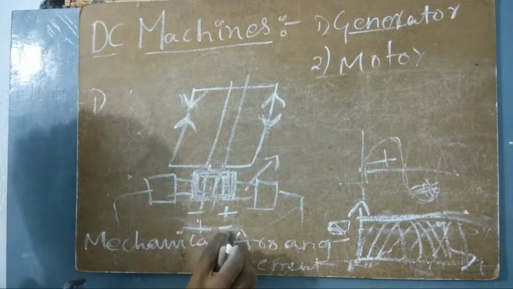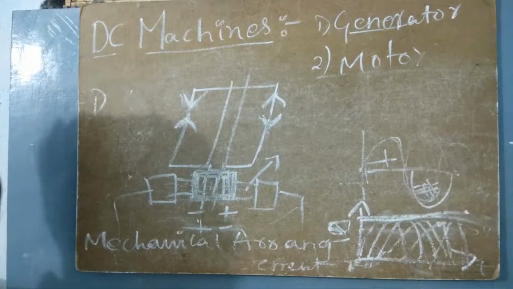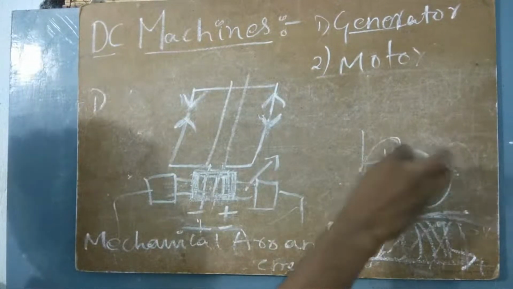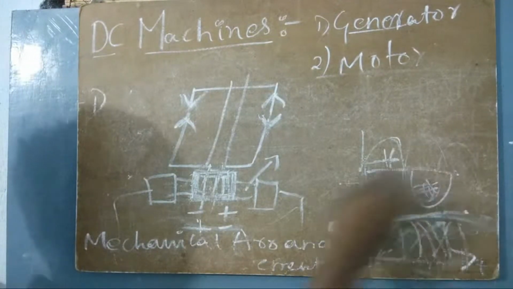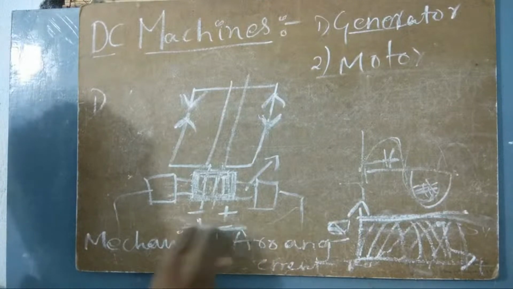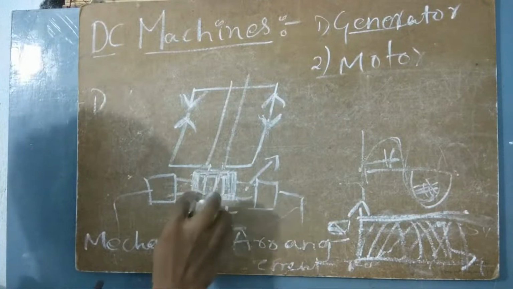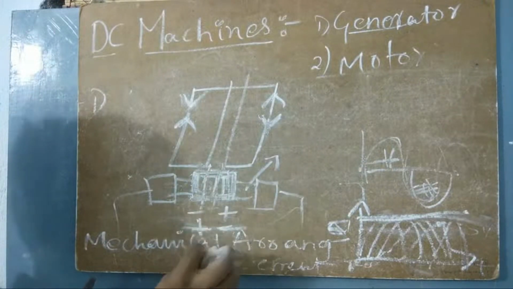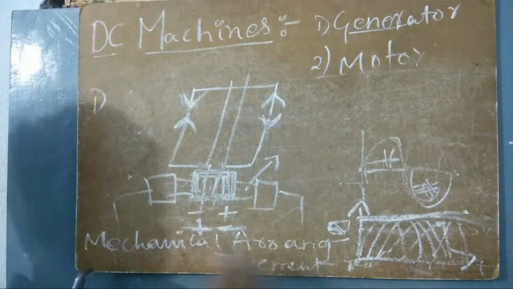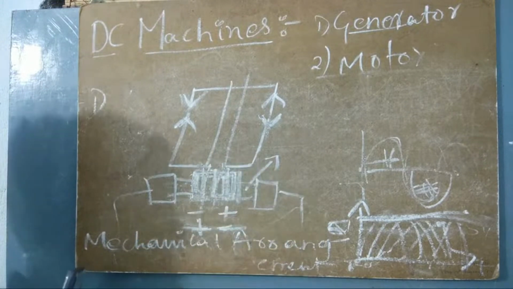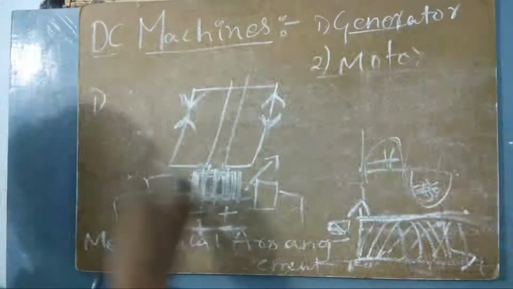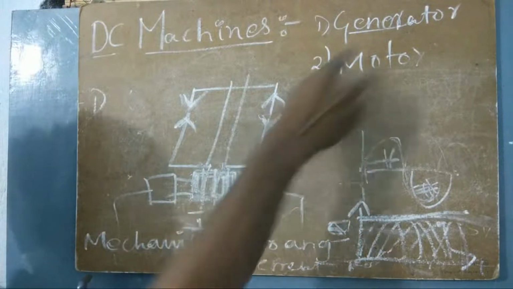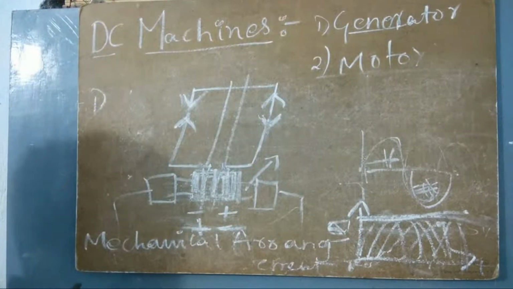That means here the kind of alternation that we're having is the negative cycle, right? So when I say this is positive and this is negative, I would say this is the positive direction. When this negative cycle is there, my negative will become the positive. So the commutator will not take this one, okay? It will not touch the terminals. It is constructed in that way, and that is why we will have some straps. These straps have to be very much noticed, it is highly significant in the case of a DC generator. Okay, I hope you understood.